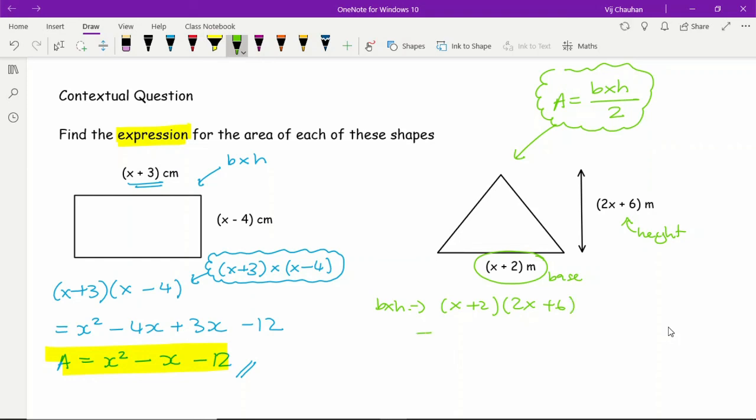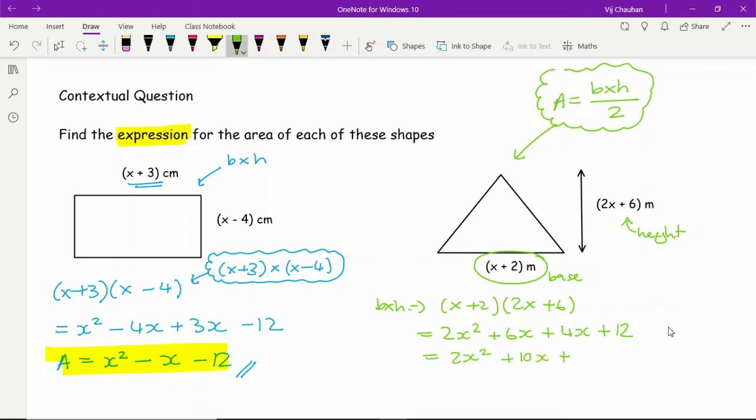And again, using the grid or the loop method, whichever you prefer, if we expand that correctly we get 2x squared plus 6x plus 4x plus 12, and join them up, we get 2x squared plus